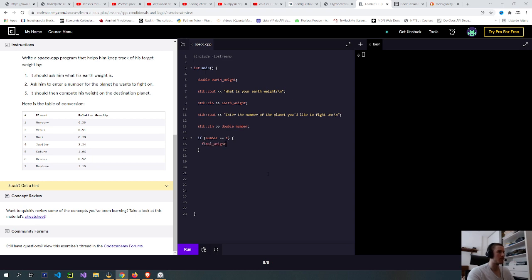Final weight is going to be equal to Earth weight times 0.38. Oh, I forgot this thing here.